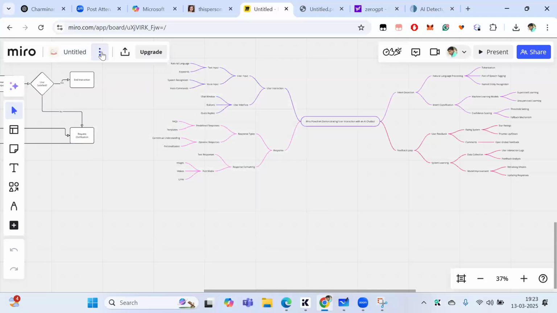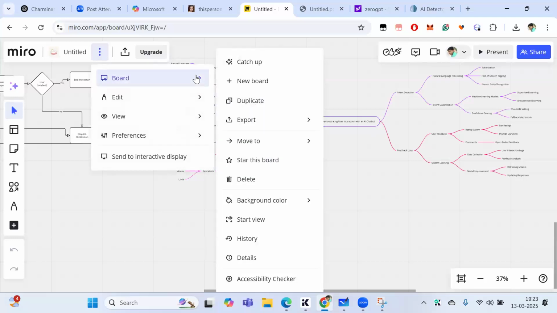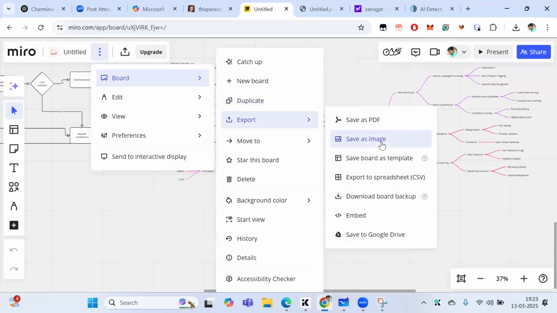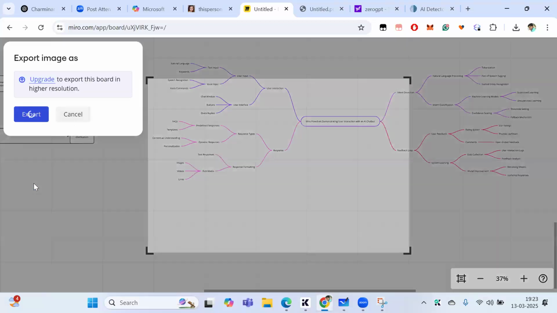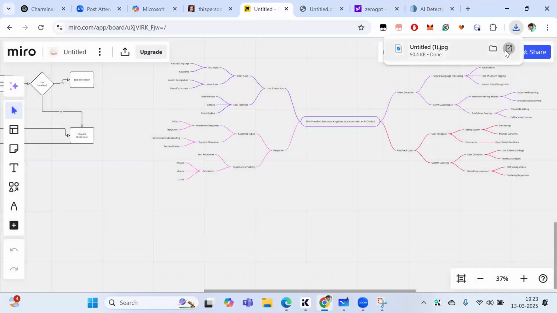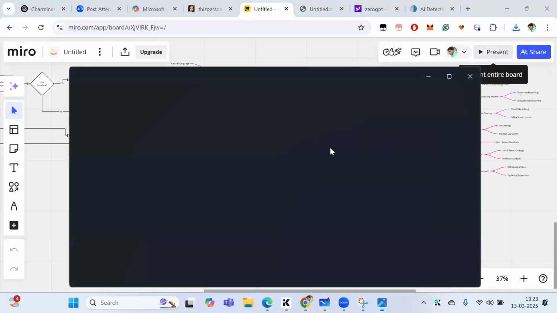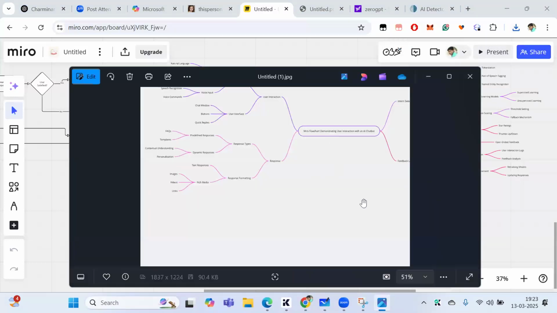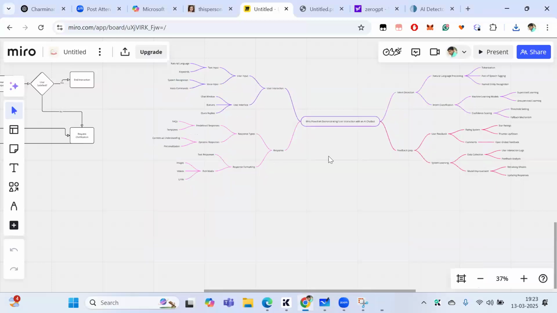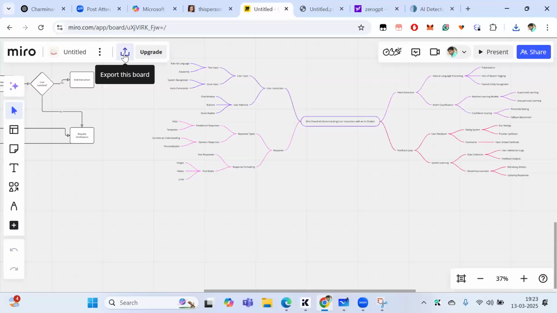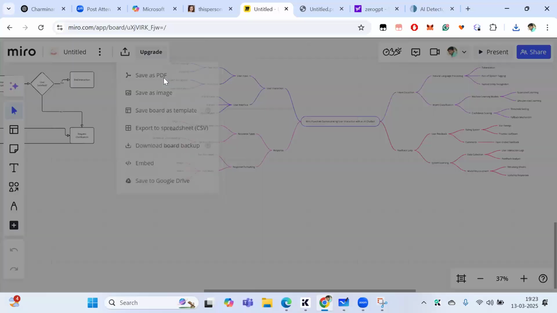It is untitled. I can click on those three dots, go to the board, and say export, save as an image. Let's say I need a small image, export it. Okay, the image is created. Let me click on it. Whatever part is needed, it will create the image for you. Like this, if you wish, you can export this board, let's say save as a PDF,